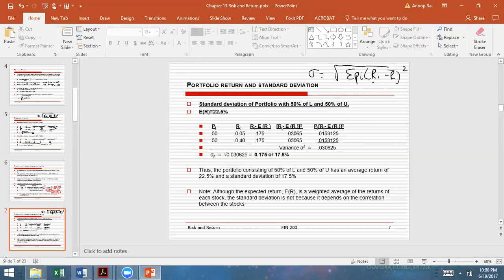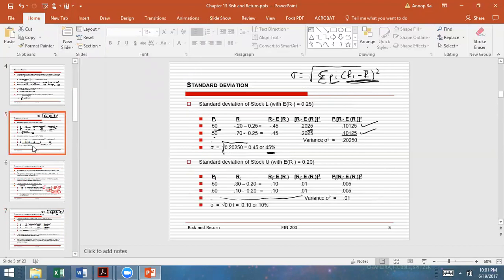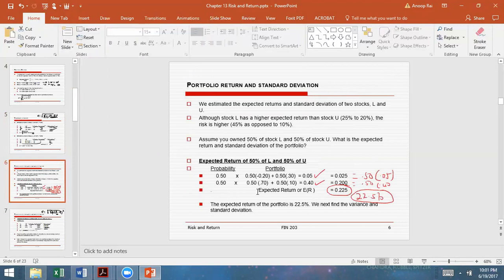But for this R, we use the portfolio R from the previous chapter, from this example. Because we said, if you hold 50 of this and 50 of this, then your return is going to be 5%